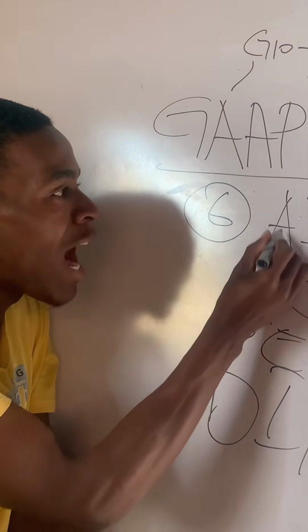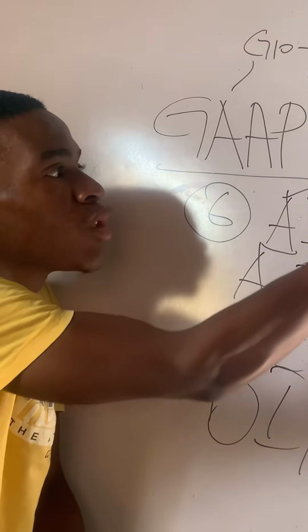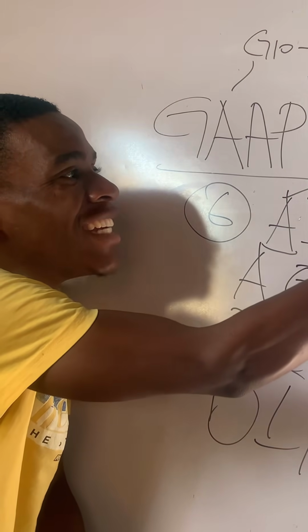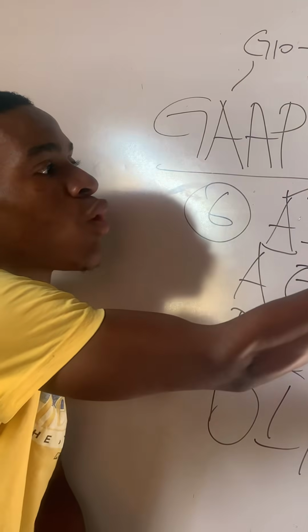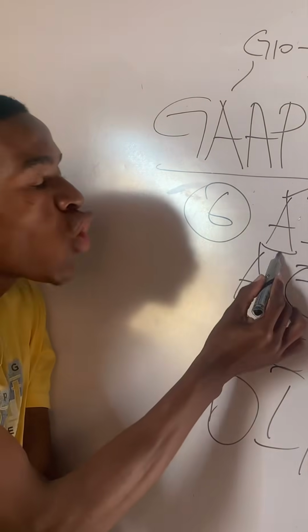What does the word accrued mean? The word accrued means outstanding. Outstanding. That is what the word accrued means. Then accrued income, it